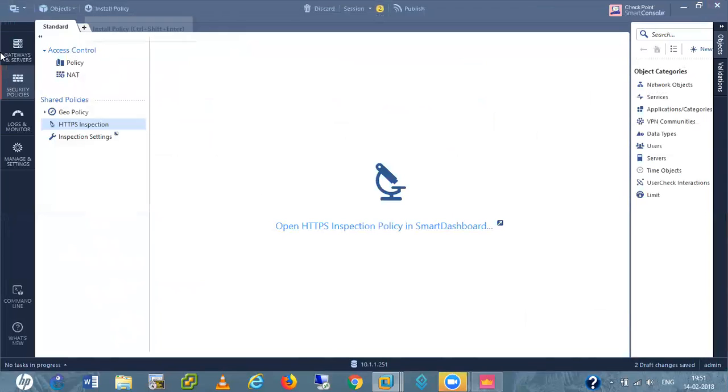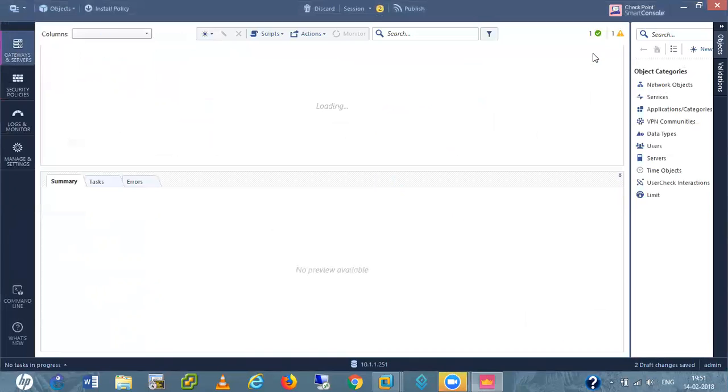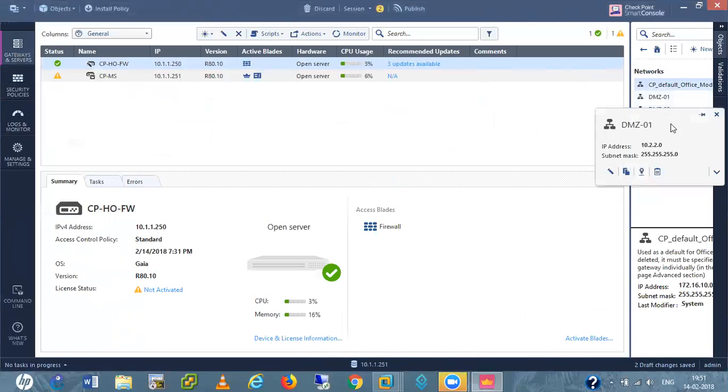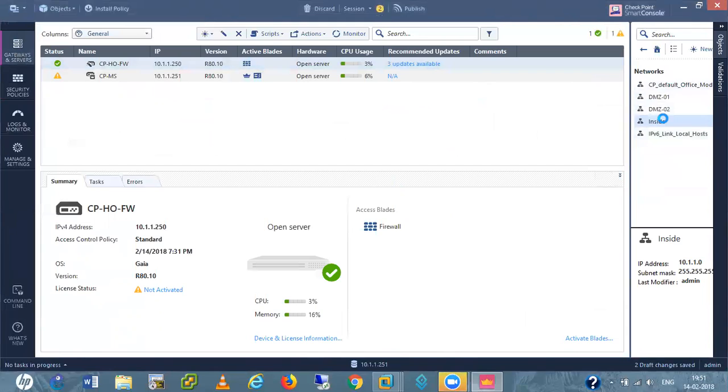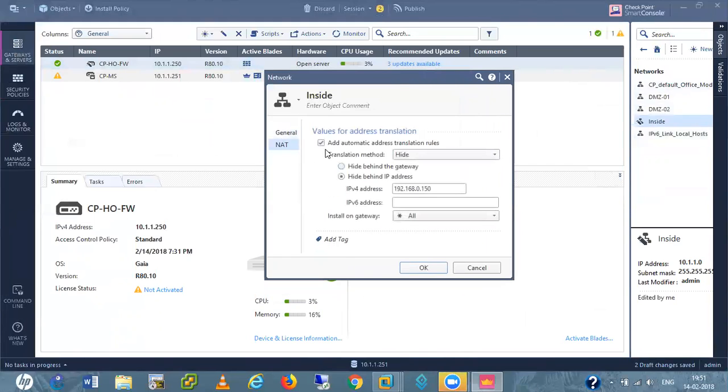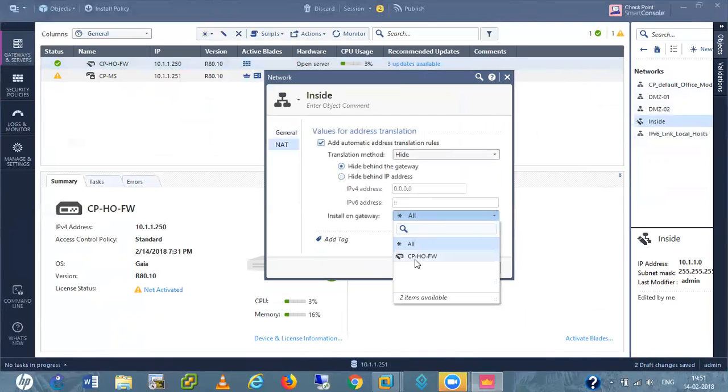Now I will install the policy. Let me go into gateways, network object. I want to check whether I configured NAT or not. For inside I'll use automatic NAT, hide behind the gateway, and the installation target is the head office firewall.